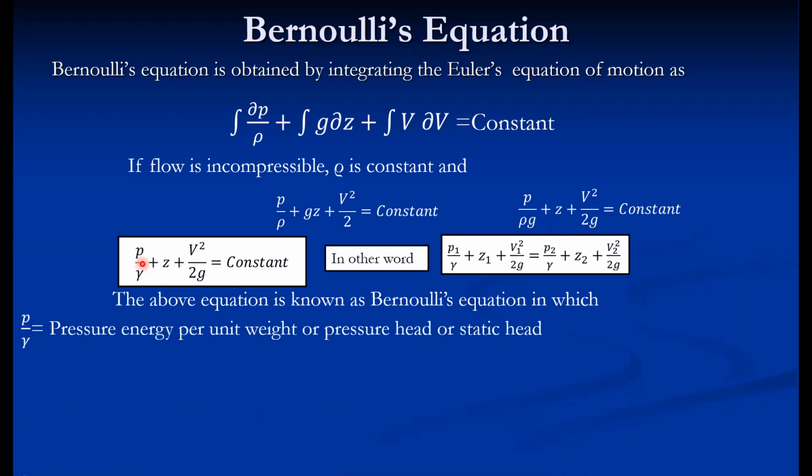Now, we can look at the terminologies or different terms in Bernoulli's equation. It is very essential that you understand the terms associated with Bernoulli's equation. The first term is p by gamma. These are the energy terms, because after deriving, we can say these are the energies. This is pressure energy, this is potential energy, and this is kinetic energy. So p by gamma is the pressure energy per unit weight, because the energy is in Newton meter.